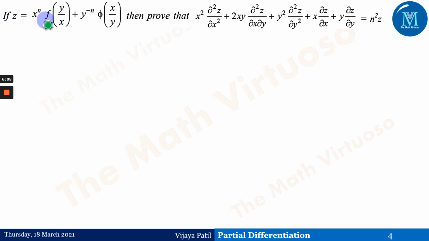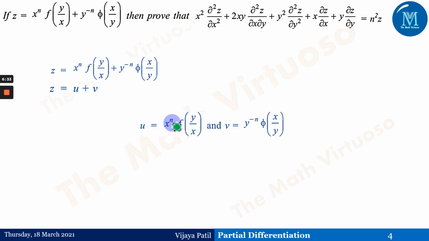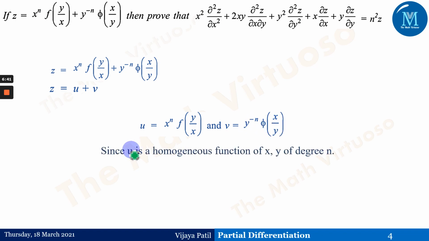Now the next is z equals x to the power n f of y by x plus y to the power minus n phi of x by y. Then prove that the expression is equal to n square into z. Z is equal to x to the power n f of y by x plus y to the power minus n phi of x by y, which is the same as, suppose, z is equal to u plus v, wherein u is nothing but x to the power n f of y by x, and v is y to the power minus n phi of x by y,